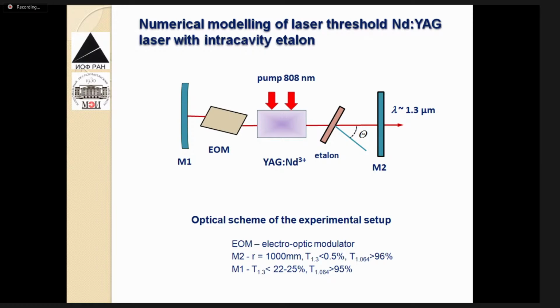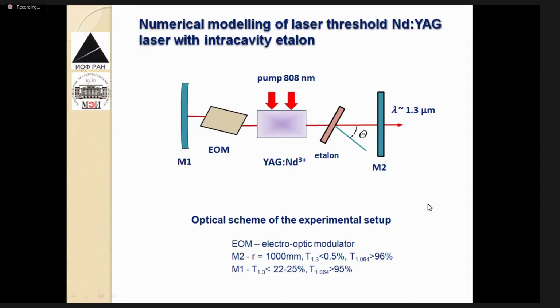And we propose to use a Fabry-Perot etalon, a thin plate just 100 micrometers thick, made of pure YAG crystal. This is the scheme that was used in our experiments: electro-optic modulator, the high reflectivity mirror,